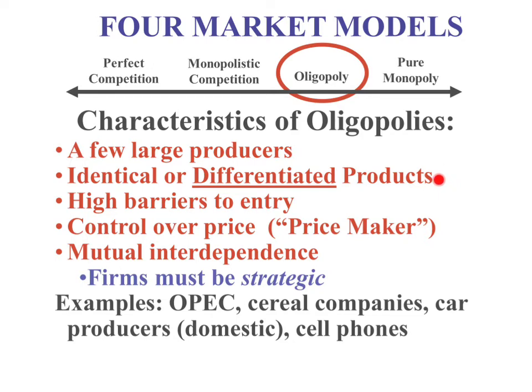You might also have identical or differentiated products. Okay, you see both. So for example, oil might be something that's a product that's homogeneous, and we might classify that as an oligopoly. We might also see something like cars in the US, right? GM and Ford are two very large car producers, and they are producing cars, but they're differentiated, right? There's high barriers to entry in an oligopoly, so there is not an ease of entry, but there may be some entry, but largely high barriers to entry. There's some control over price, so like monopoly, they're price makers.